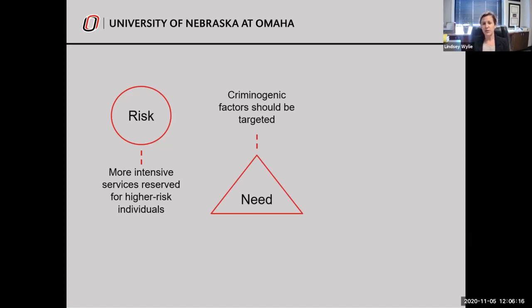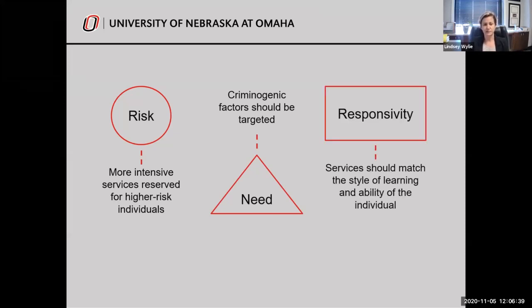In determining what types of services should be provided in diversion, or what that diversion plan should look like, if you're going to do something like a warning letter for the low risk youth, needs should be looked at, and those should be the target of the intervention plan. So it is most important to identify the need and the risk of the youth first, and then develop the diversion plan around those risks and needs. And in being responsive, we want to make sure that services match the style of learning and the ability of that individual, so being responsive to their individual needs. Maybe somebody is not an English speaker, so the services should match their preferred language, for example.